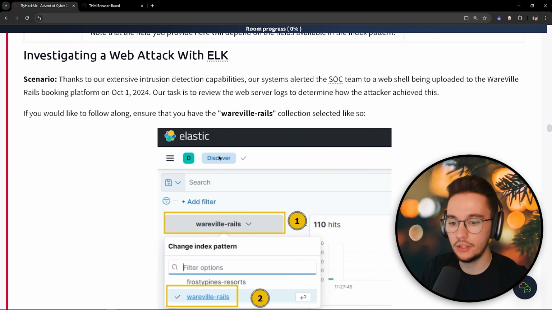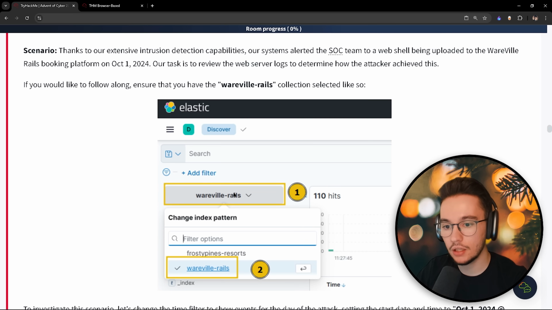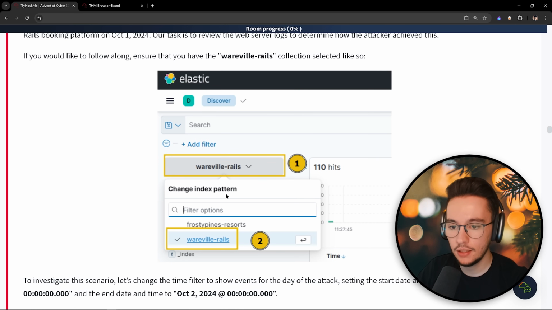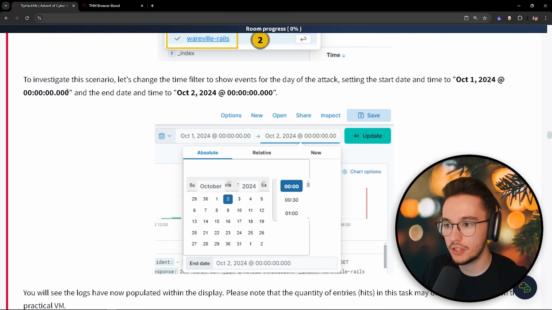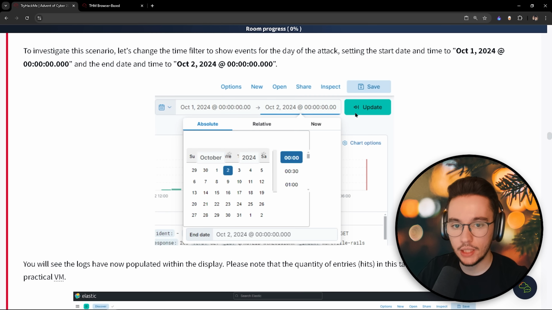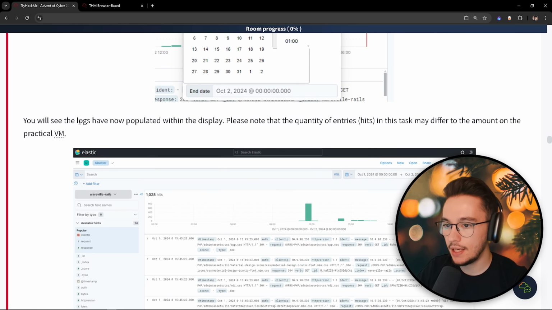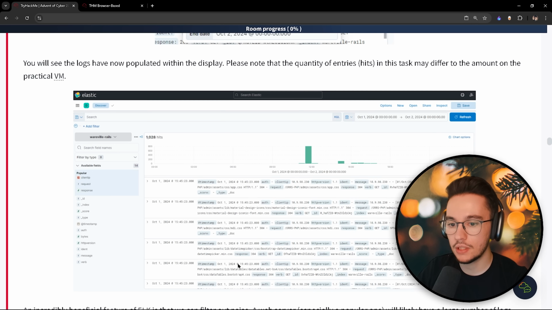The first thing that we need to do, of course, again, is to select the log collection that we want to investigate in. We've already seen that we are going to use the Wareville Rails, and then we need to define the date filters, which in this case is going to be October 1st, 2024 and October 2nd, 2024. So we do that, we click on update,